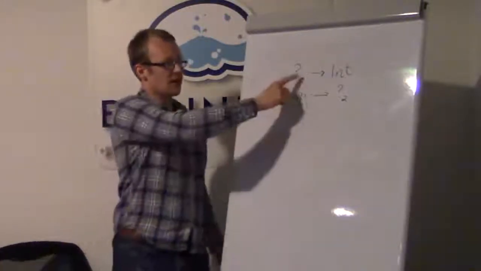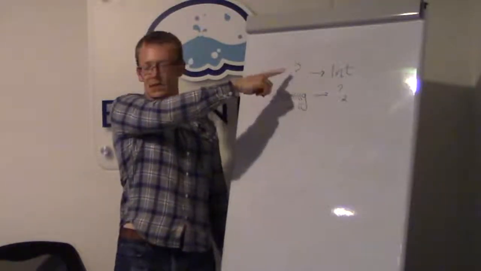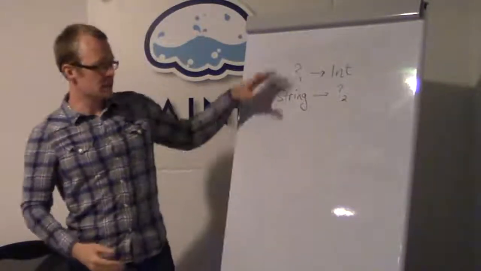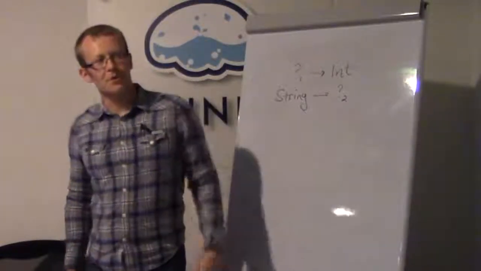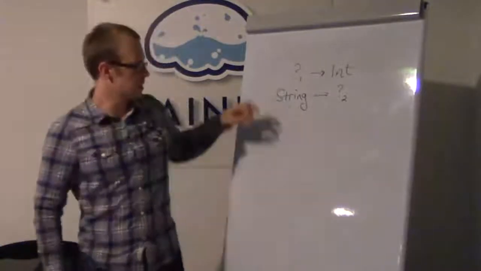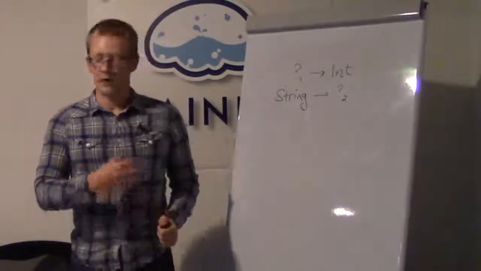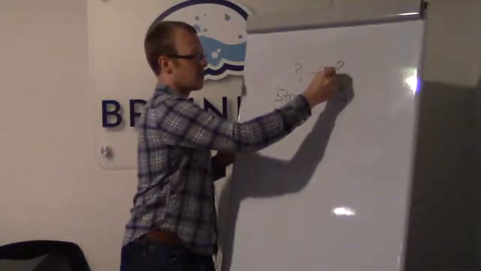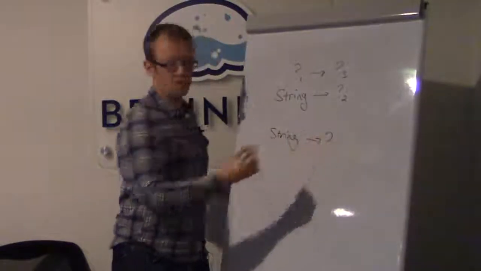So the most basic form of stuff we do in the type checker is go and get constraints like this, figure out things like, I'm not exactly sure what the codomain is, I'm not exactly sure what the domain is, but the codomain is int, or this one, right? And then the solving process takes these and uses unification to solve those constraints. Okay, so unification happens when we learn that two partially known types must be equal. So these are partially known types, and if they're equal, we can figure out the whole type. We might not figure out the whole type in general, right? It might be that this one was also unknown. This might be question mark 3. But I still know the general form of the solution is string to something, right?